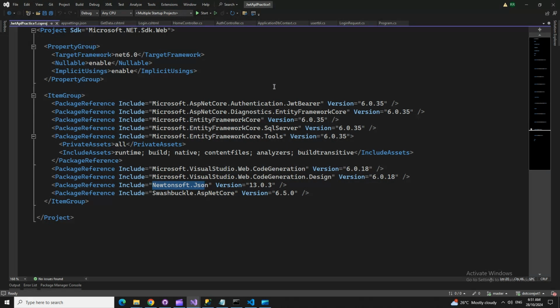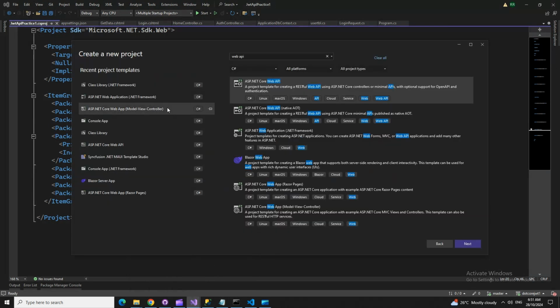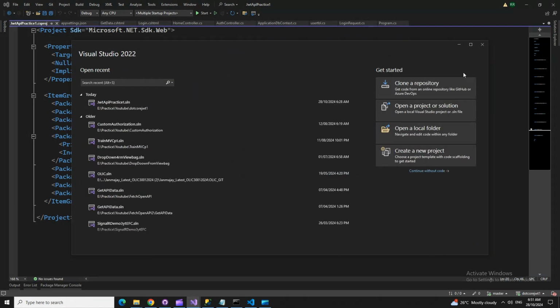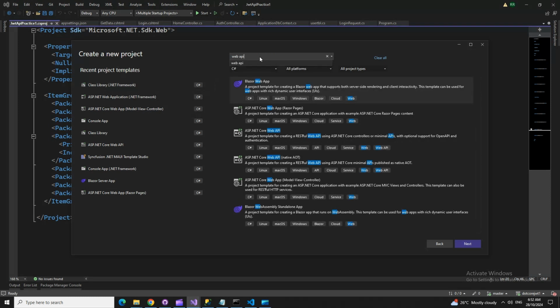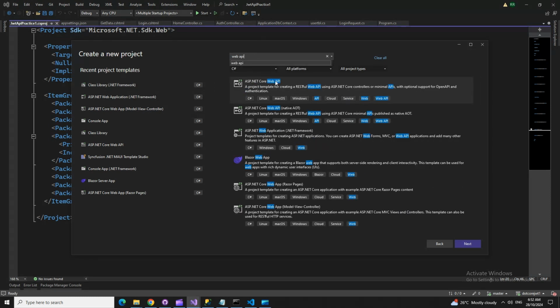Okay, if we move from the first one, from how to create this API, this is Visual Studio 2022. On the create new project option, if we go back, the launching screen would be something like this. We create a new project, and then it shows a couple of options to choose what kind of project you want to create. So this one is an API. If you type in web API, the first option is ASP.NET Core Web API. This is the first option that we are going to choose, and then if we click next, it